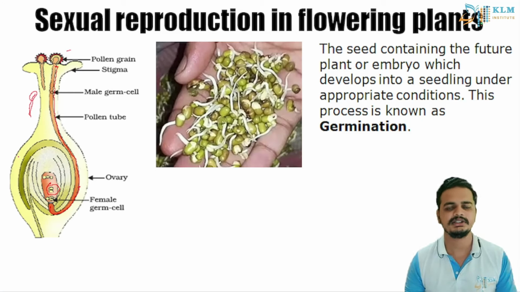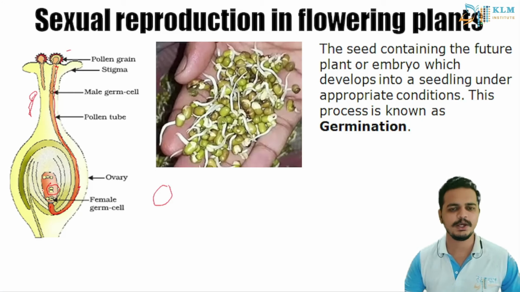After fertilization, you know the process, it divides using mitosis, that is cell division takes place and it grows in size. A hard covering is also seen in most of the zygotes. So when the zygote develops and it dries out, it is known as a seed. So seeds can again multiply to form a new generation of the same species. That is what we sow in the soil. The process of this seed forming a new plant is known as germination.